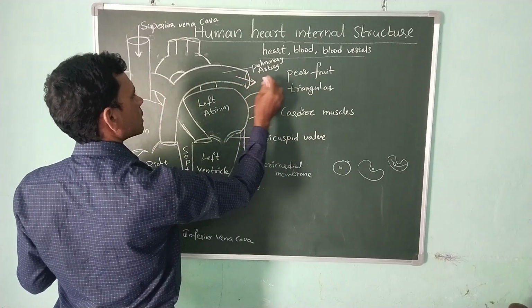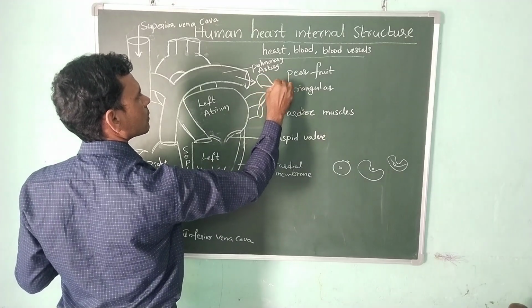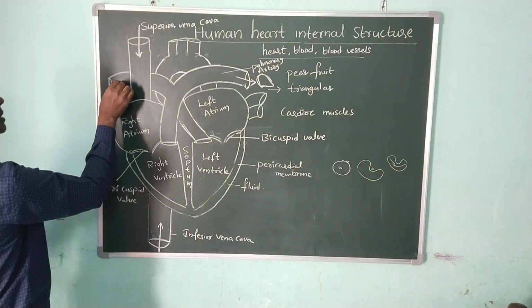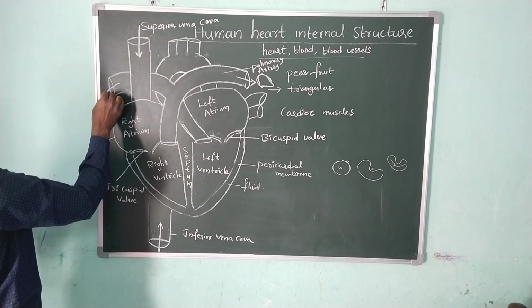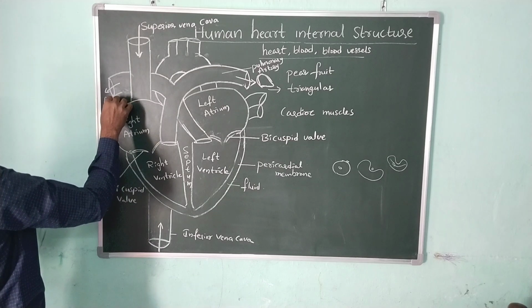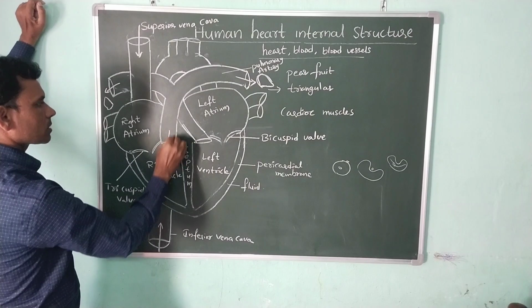It is connected to the left lung. Small, I draw. Next, this is also called the pulmonary artery, right side. So this pulmonary artery, once you see this one,